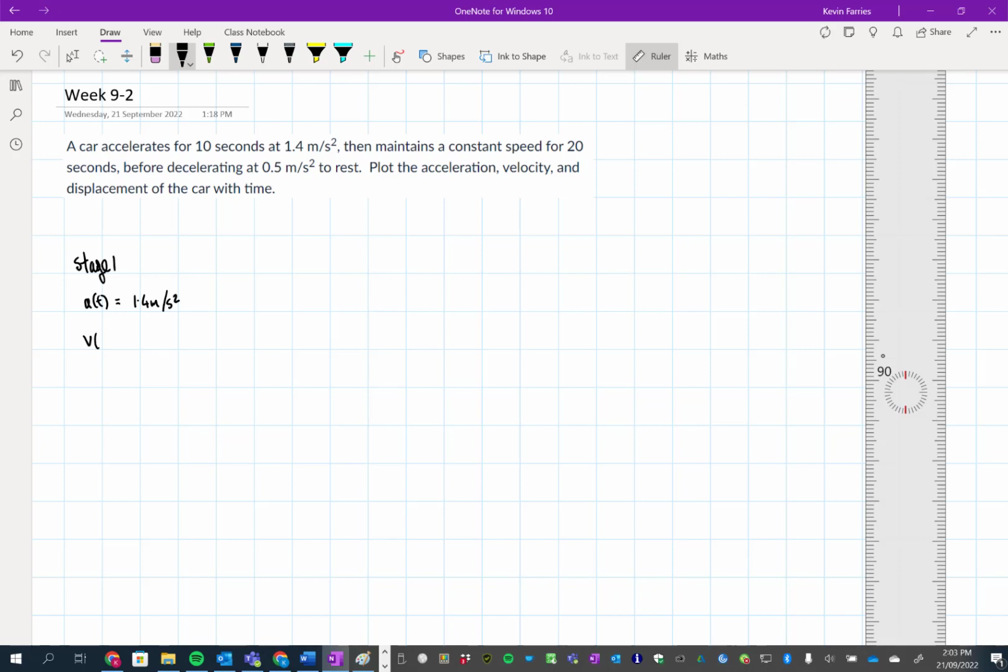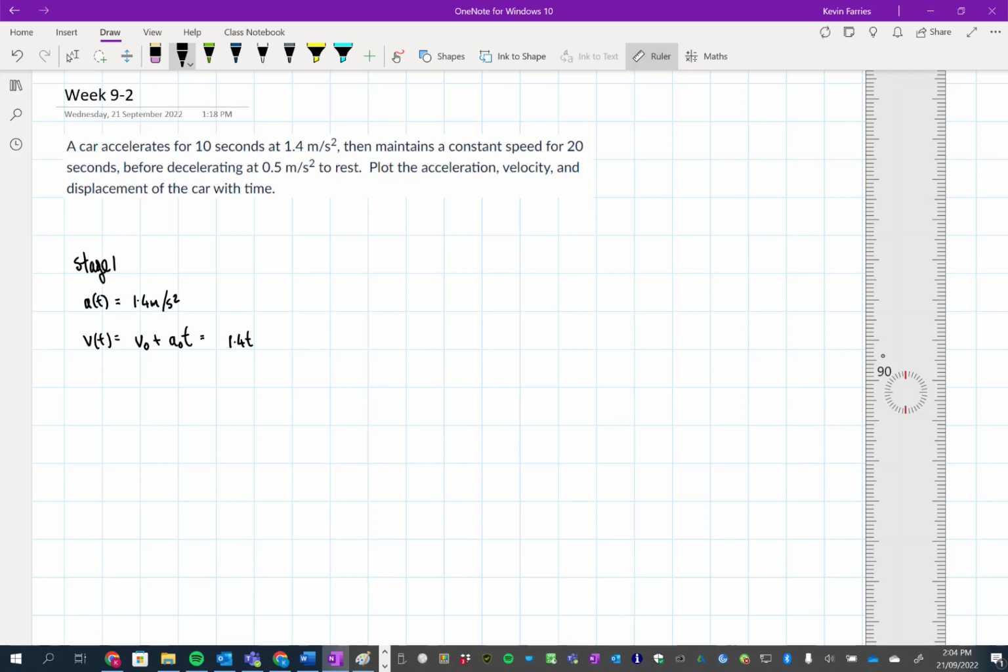The velocity for stage 1 at time t, the equation is the velocity equals the initial velocity plus acceleration times time. In our case, the velocity at time 0 is just 0, so it starts from rest, so it's just going to be 1.4 times t